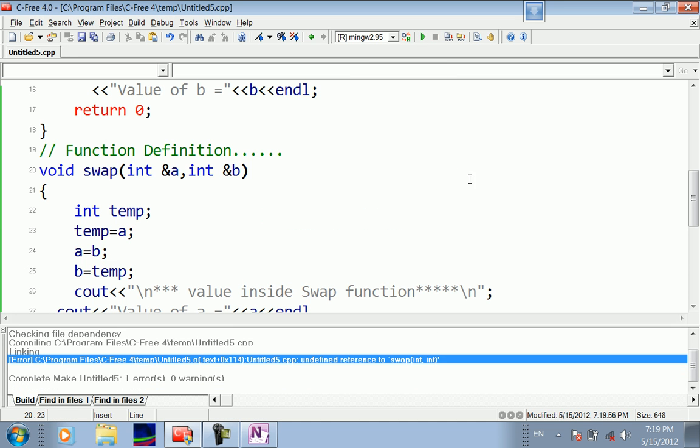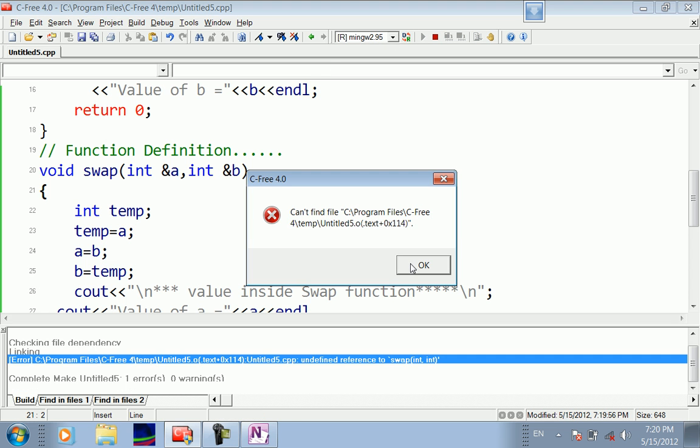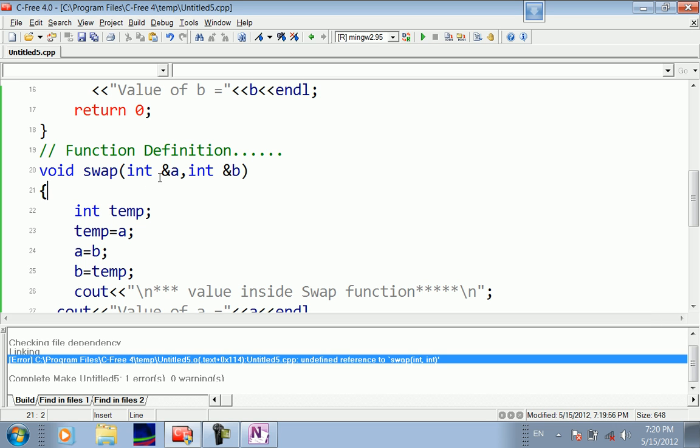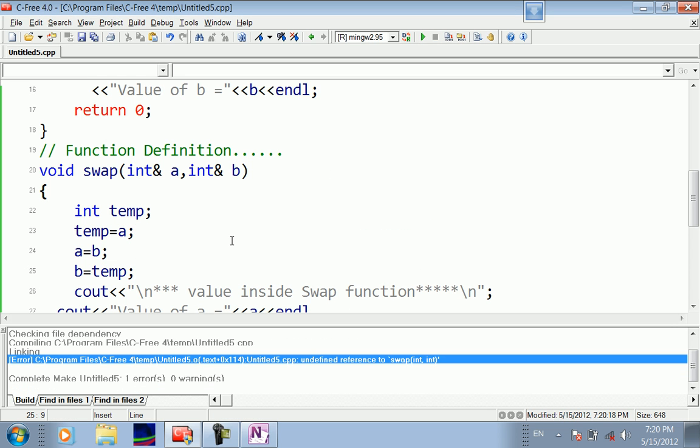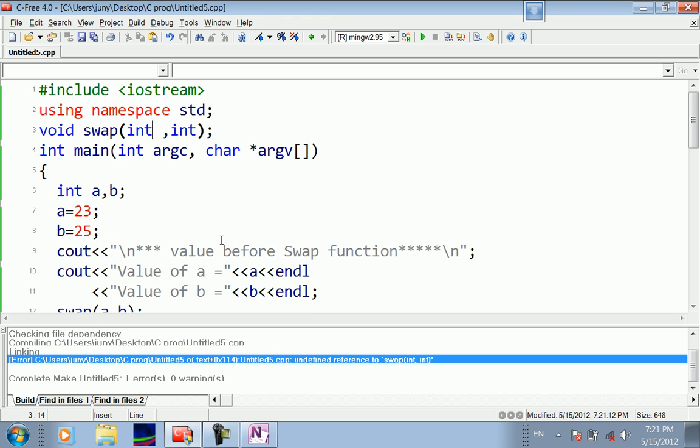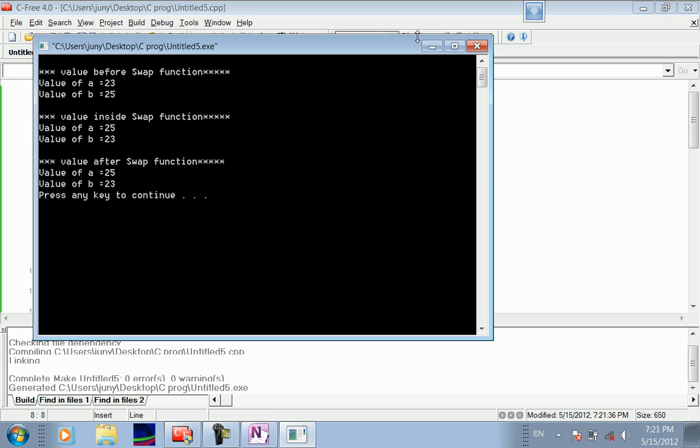What's happening to this? There's some problem. I don't know what's going on. Write the prototype as ampersand here also. Yes. The prototype conflict हो रहा है ना, conflict is with the prototype, right? Okay,